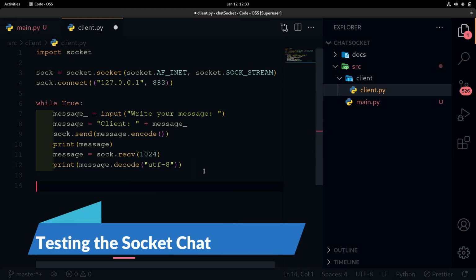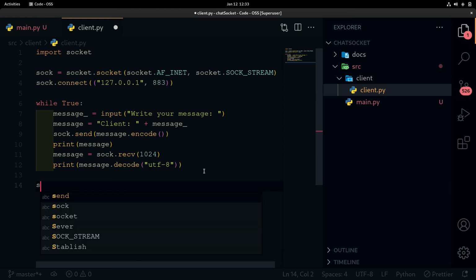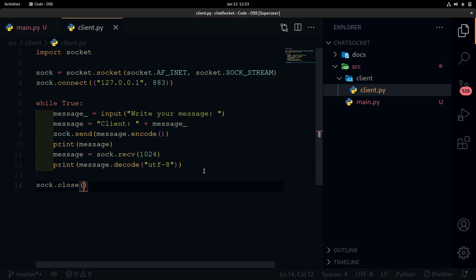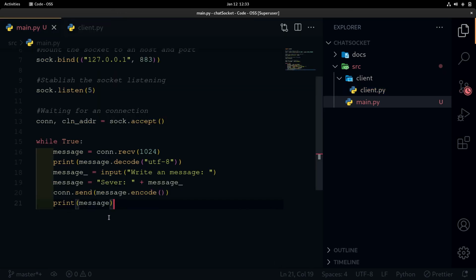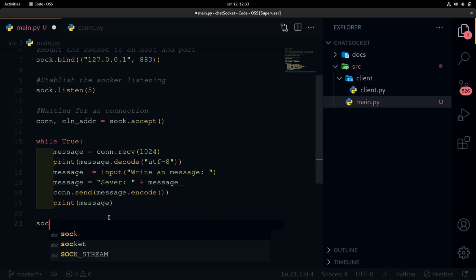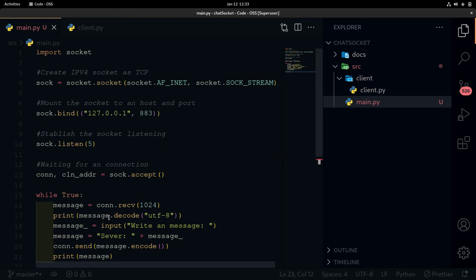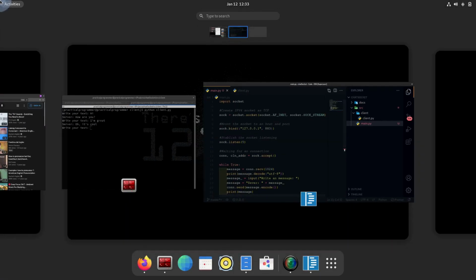And something that I was forgetting is sock.close. When the loop is broken, the socket will close. And here is something similar: sock.close.